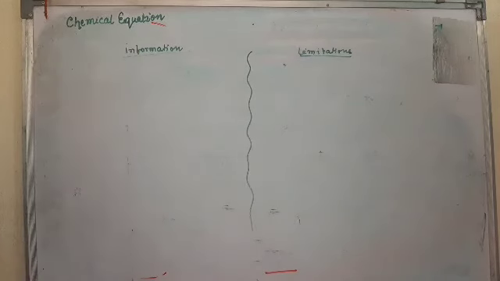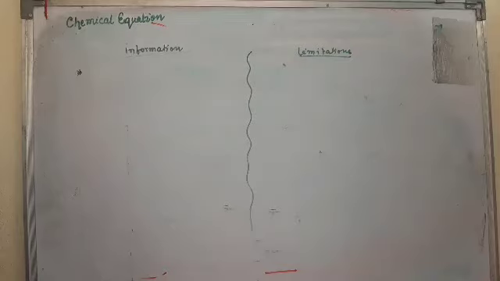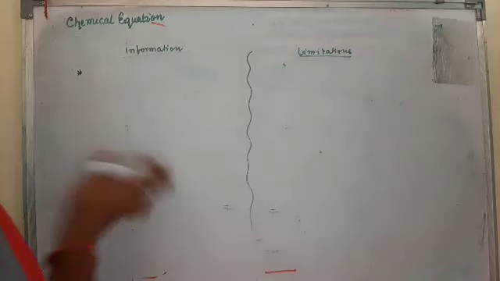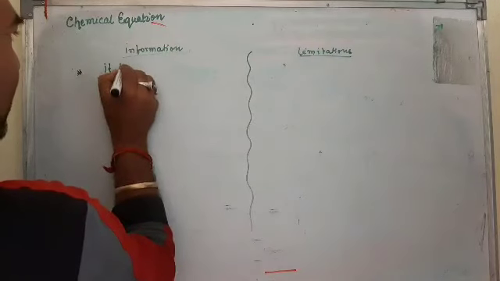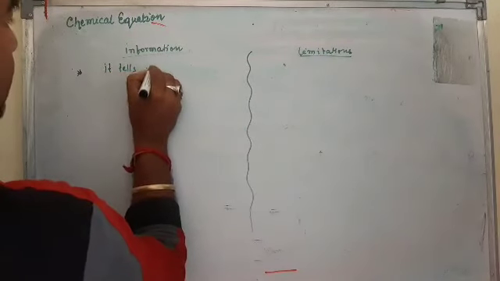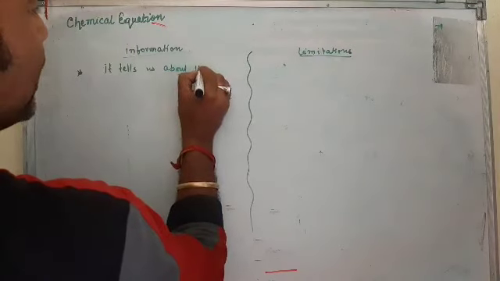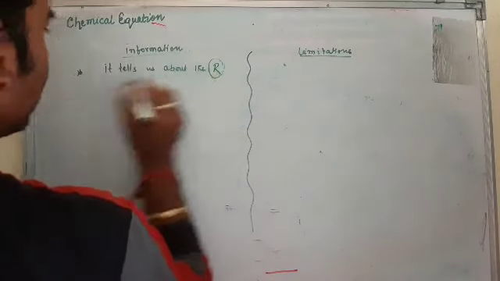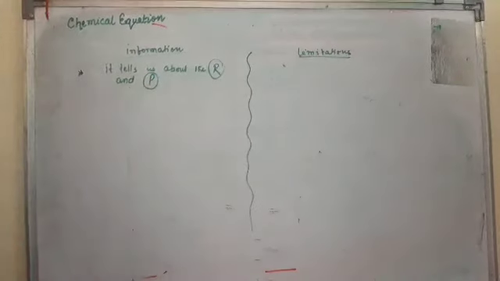first for information it tells us, first one, it tells us about the reactants and product information. Write like this, it tells us about the reactants, I use short form, and product. That means,